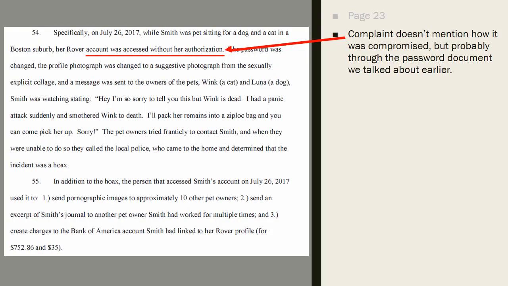Let's go to page 23. The complaint doesn't say how the Rover account was compromised, but I would say the suspect most likely had her whole password list, commonly used passwords, or maybe she didn't change her password, and maybe they were close enough that he could potentially guess, which I don't usually believe is that reasonable, but basically he probably had access to her account. And potentially he could have put a keylogger on her laptop or any kind of monitoring software and watched what she was typing on her computer at any given time.